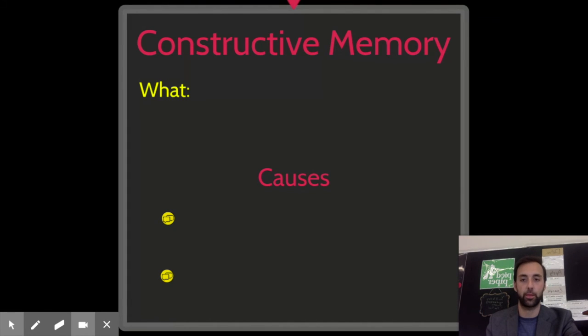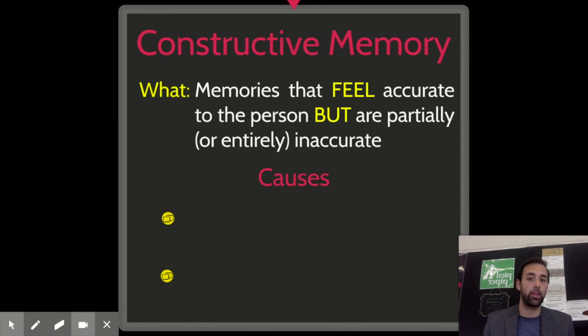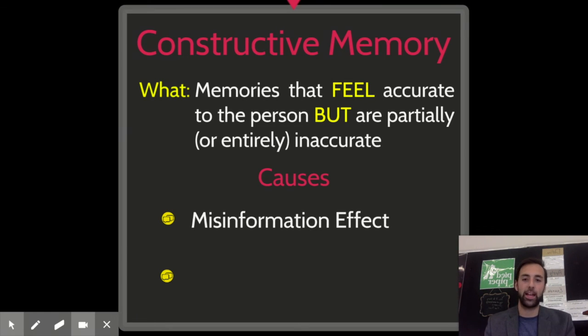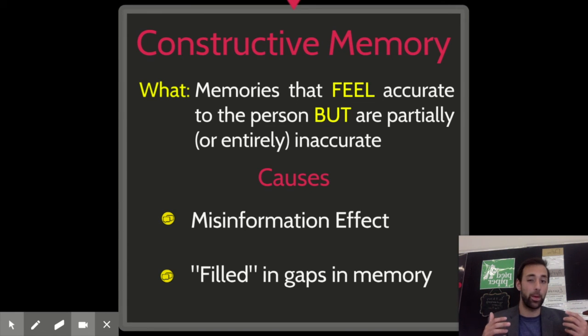The final thing we're going to talk about is the box all the way to the bottom right. This is right below the misinformation effect, and it's called constructive memory. When you are asked to recall an event, it's very plausible that you experience constructive memory, where you actually believe your memory of the event to be true. However, whether it's due to the misinformation effect, so some type of misleading question, or the fact that we tend to just sort of fill in gaps in our memory with what we might anticipate or believe happened, as opposed to what definitively did happen, we can experience these phenomena where you have someone who is 100% positive, this is exactly what I saw, but is partially or even in some cases entirely incorrect.